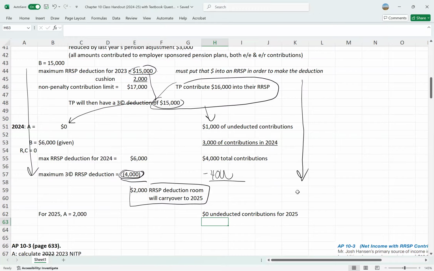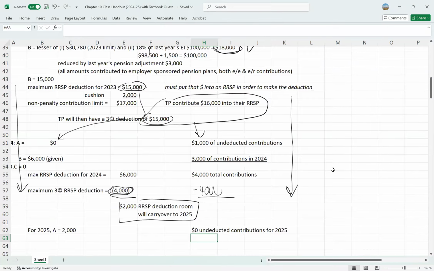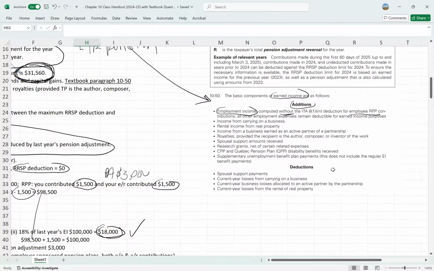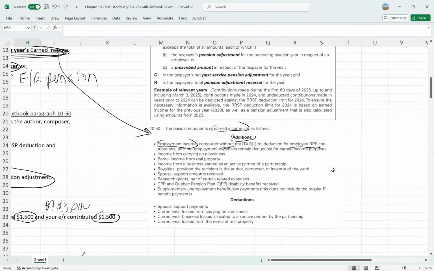So this definition of earned income is fairly detailed. So 18% of last year's earned income. So what is included in earned income? So once again, employment income without the deduction of the RPP, business rental income, also any sort of business income